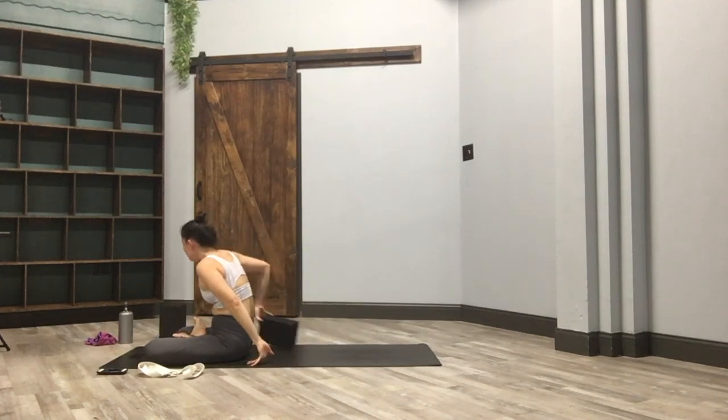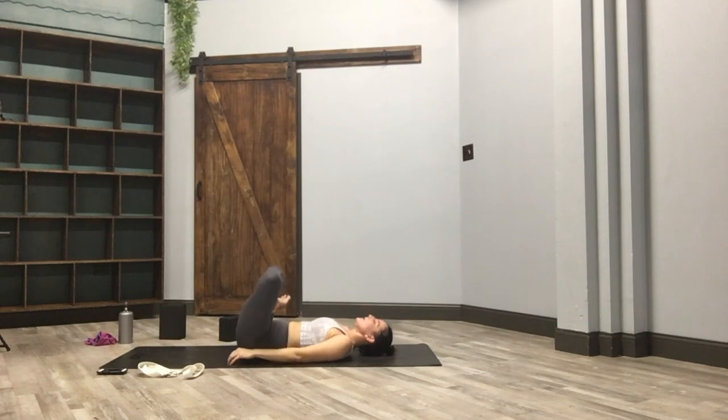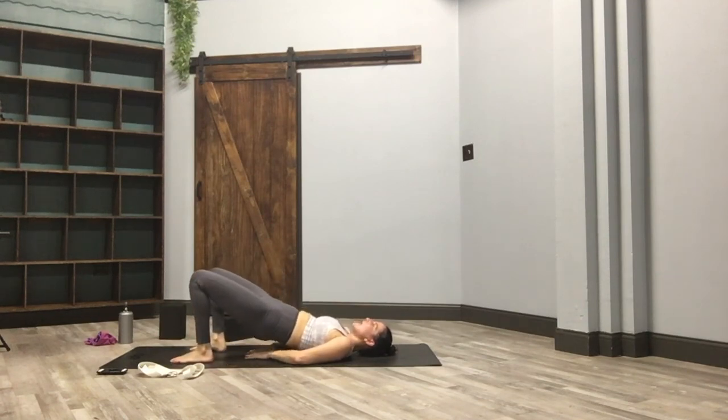In non-assisted fish pose, you're flat on your back. You can lift the hips, bring your hands to a diamond shape at the tailbone. Push into the mat with the